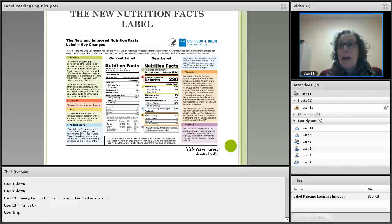All right, I see we're right at time, so I'm going to leave you with this. This is what the new nutrition facts label is proposed to look like. At first glance, you'll see that the serving size, first of all, is much bigger, and it lists a bigger size. The calories are right there. You can't miss them. They make them pretty big so people understand what that is. And they've added,